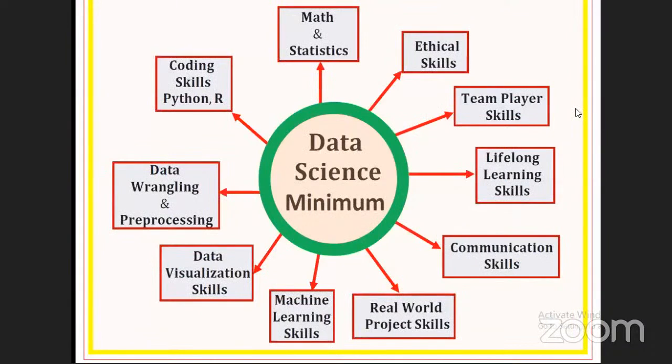Then if you want to settle as a data scientist in the market, you must have knowledge of mathematics and statistics, ethical skills, team player skills, lifelong learning skills, communication skills, real world machine learning, data visualization skills, data wrangling and